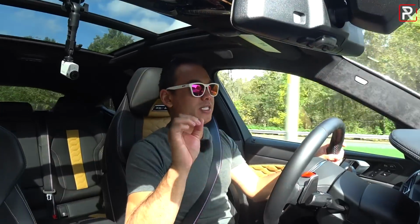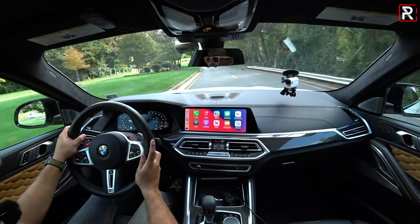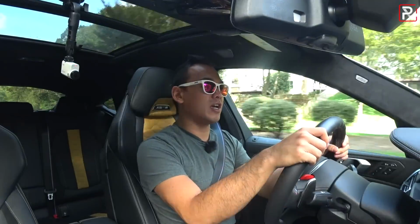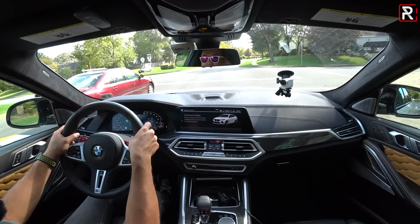Now, the last time I drove an X6, it was the M50i, and I was very impressed with that. I questioned the need to go to an actual full M version because it just has so much power. I mean, 0 to 60 was around the 4-second mark in the M50i. This one, however, BMW says will get to 60 in 3.7 seconds. And with standard all-wheel drive,